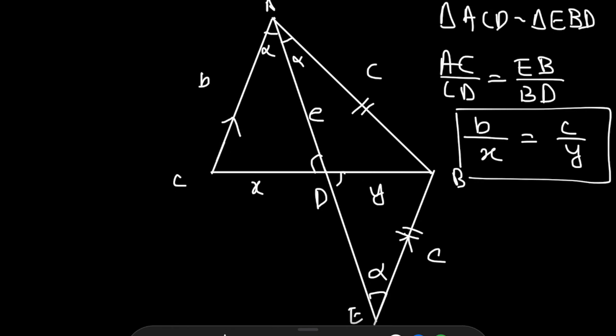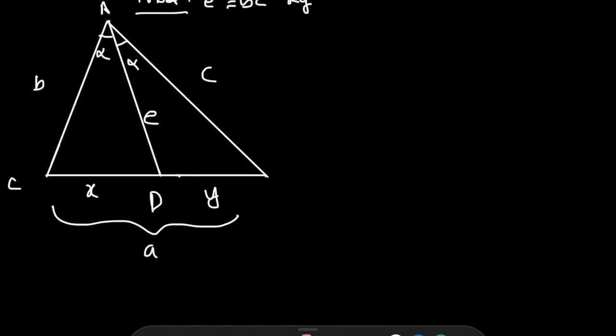So let's go ahead and move on to the second part of the theorem, which states that e squared is equal to BC minus xy. Okay, let's go ahead and prove the next part of this theorem, which states that e squared is equal to BC minus xy. And the way we're going to do this is we're going to use a theorem in geometry